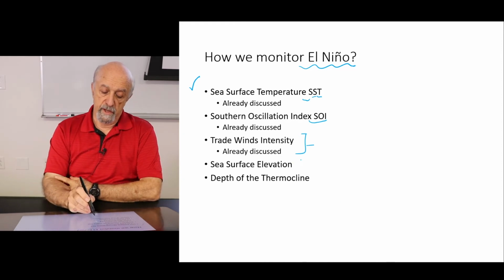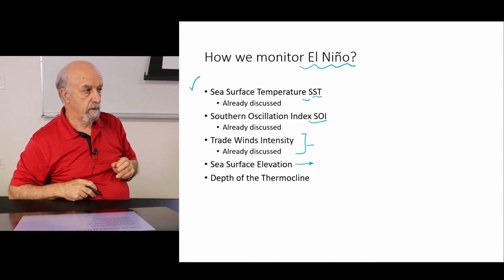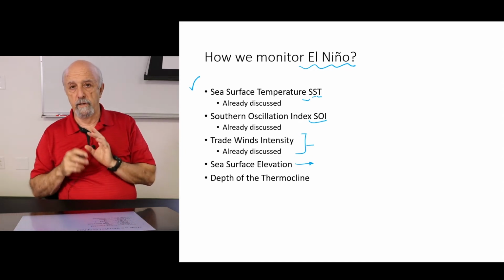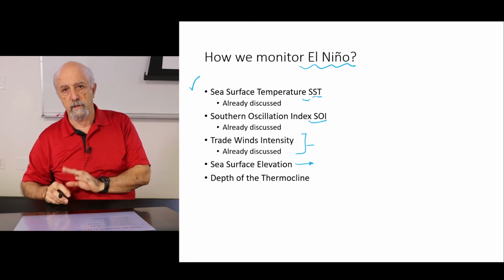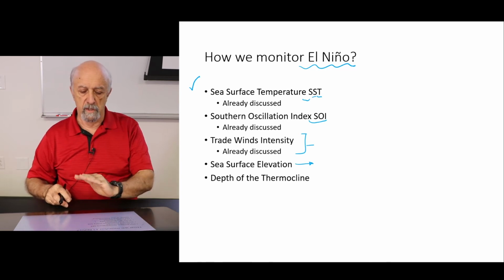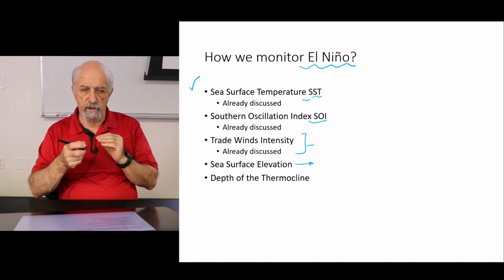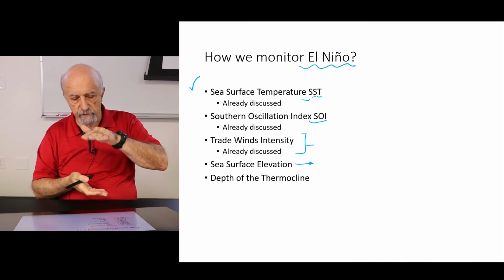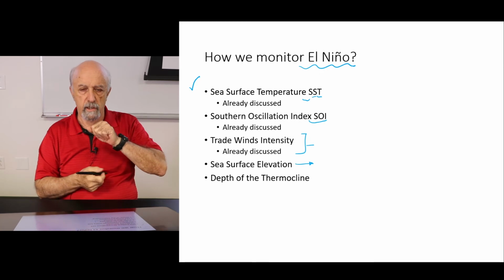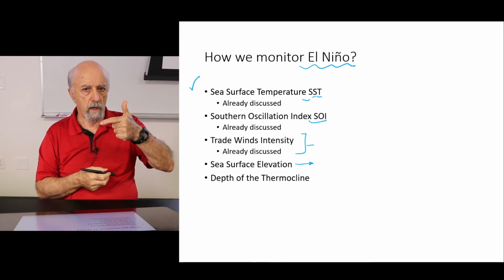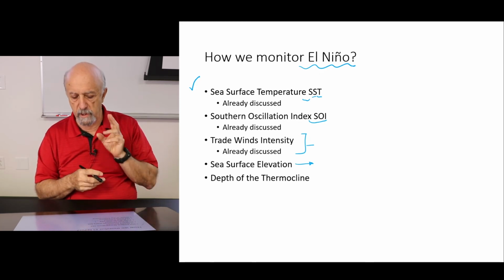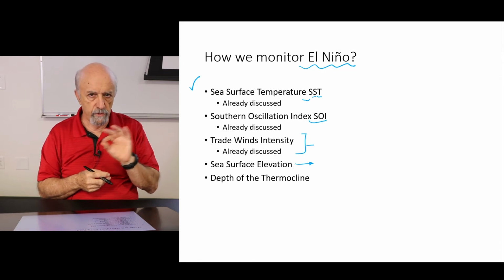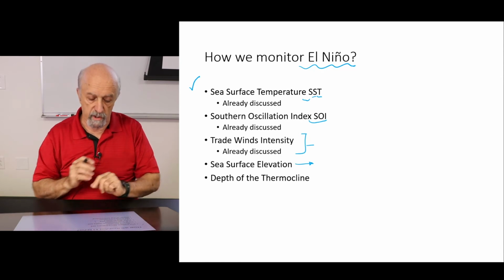Now, the other thing we can see is changes in the sea level. And these are changes in the sea level not really produced by anything else but this phenomenon. When we do see the trade winds decrease, we do see an increase in the sea level in the coastal area. So warmer and higher, but not by much. You got to understand this is in the order of a few centimeters, no more than that.